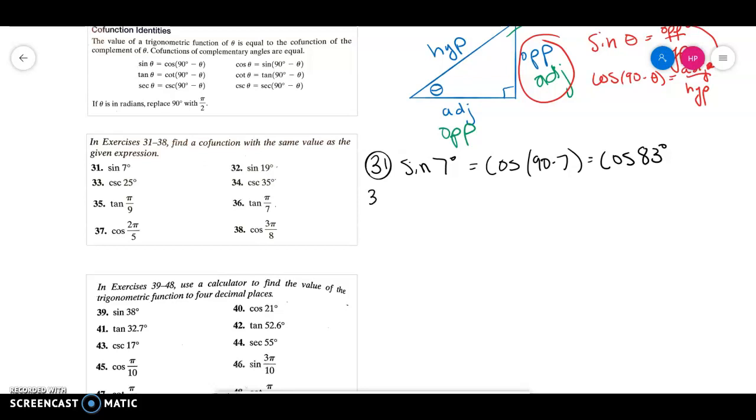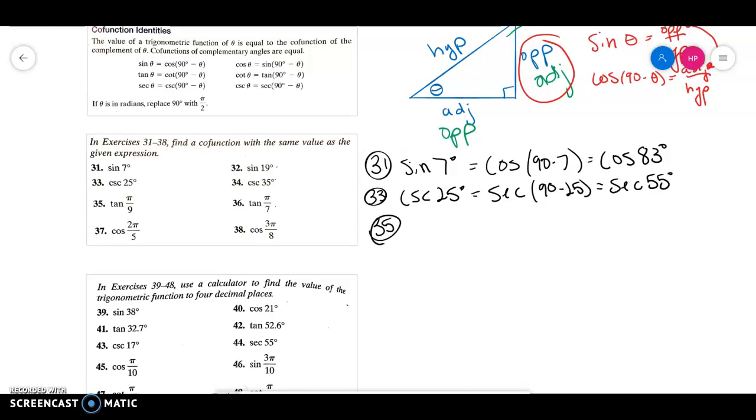It's that easy. 33, if it's the cosecant of 25 degrees, the cosecant and the secant are cofunctions. And so I have to take 90 minus 25 to figure out that other angle, which would be the secant of 55 degrees. And so same thing, once we see how to do these in the calculator, that's all that we have to check. Just subtract from 90. Where again it may be, and only maybe, gets a little bit tricky